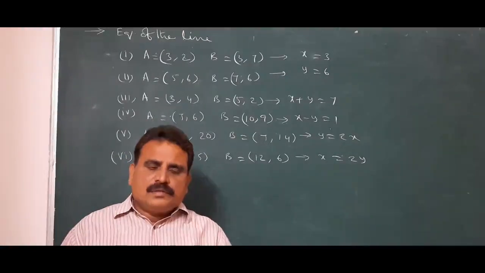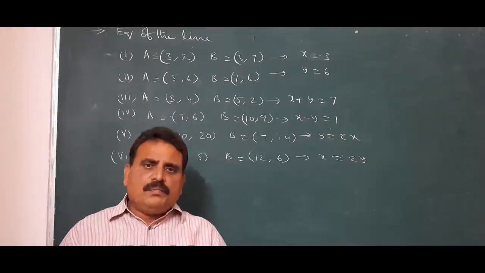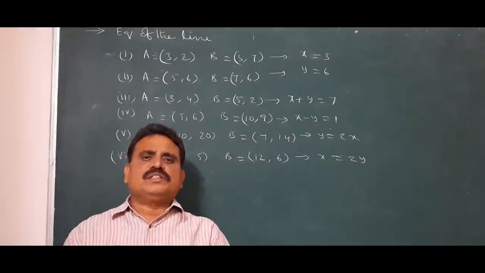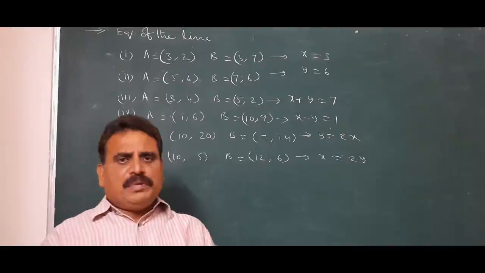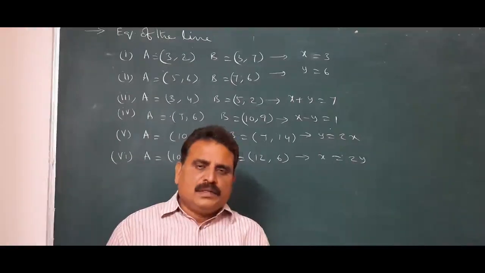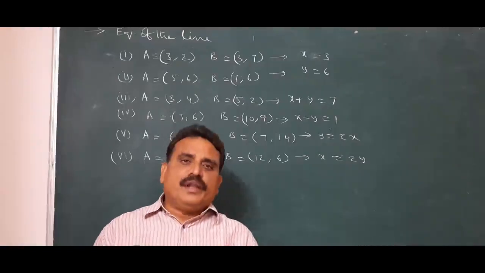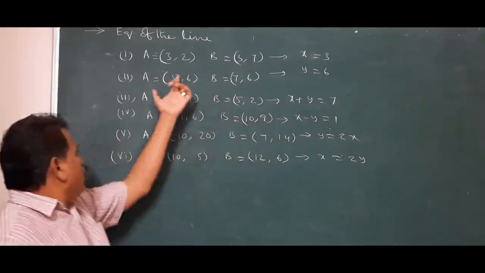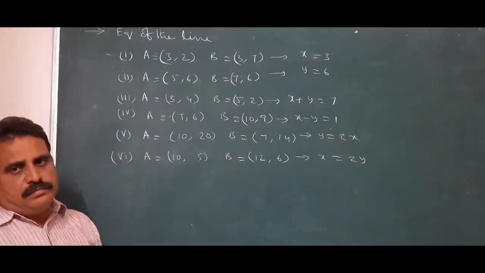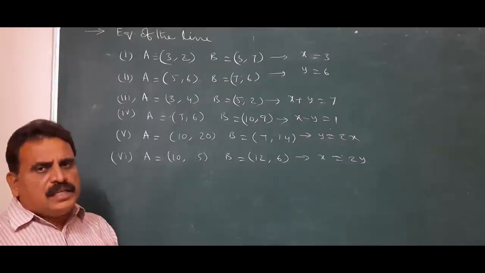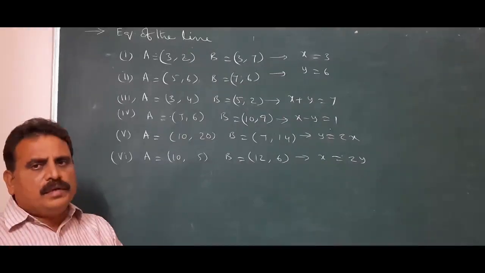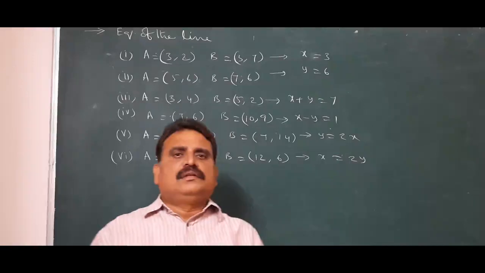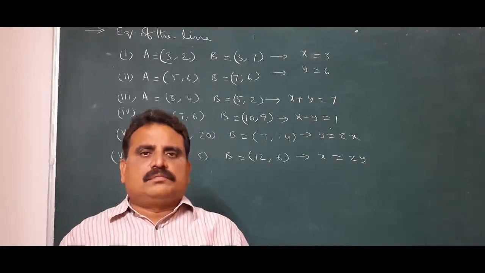By observing the points, definitely one common relation between the coordinates x and y, that relation is the equation of the line passing through the given points. Sometimes it's not possible to identify the common relation between the coordinates. In such cases, how to find the line equation? In these examples, we can easily identify the relation. But it's not possible in a short span of time by observing the points, any type of points, how to find the equation of the line within short span of time.